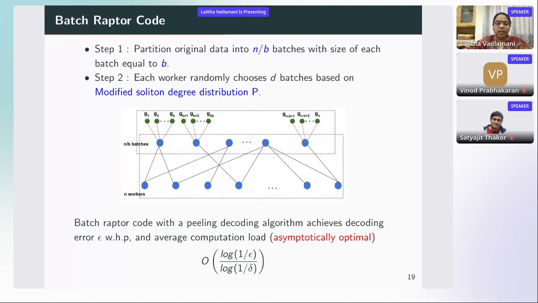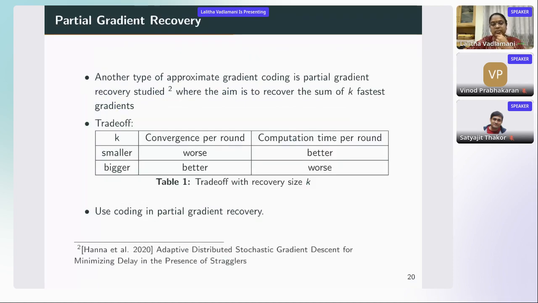Okay, and the average computation load is asymptotically optimal. As I said, the computation load is log 1 over epsilon divided by log 1 over delta. Maybe some factors are missing, but this is asymptotically optimal. Okay. So now the next question in the approximate gradient coding that we ask is, can we do partial gradient